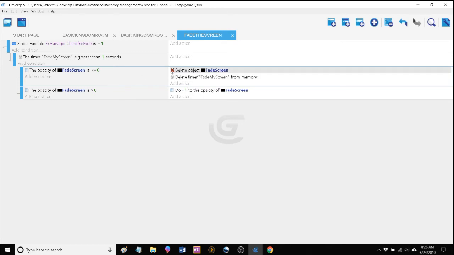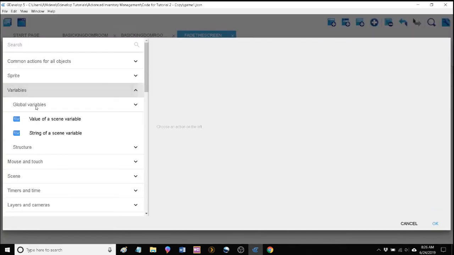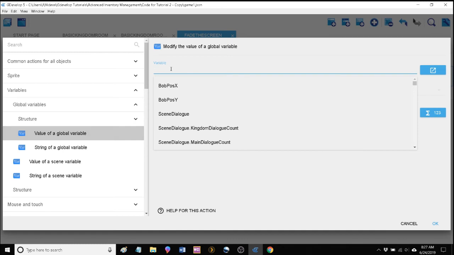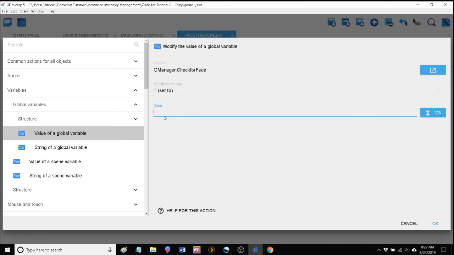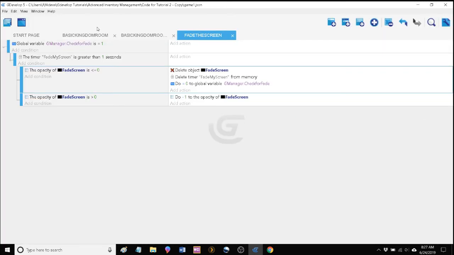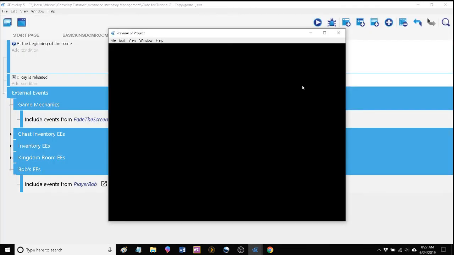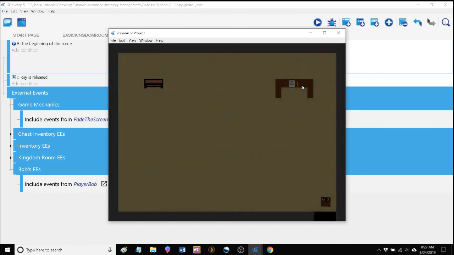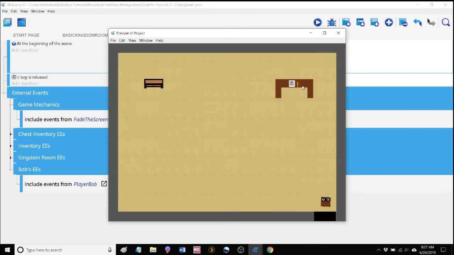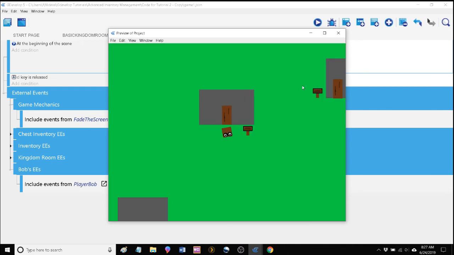And then here is where we want to get our out for check for fade, right here. So let's go ahead and change our variable check for fade. Let's set it equal to 0 again. Now, it may not look like we did much with that, but now once this is done fading, we will have basically cleaned up our code back to where it was. And now when you leave and go back in,